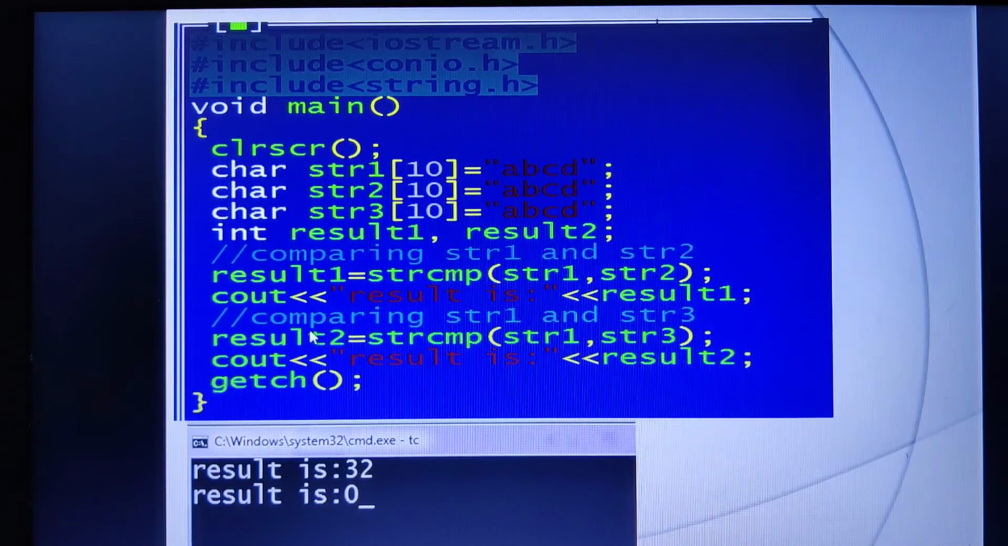Similarly, I am comparing string 1 with string 3. So string compare string 1 comma string 3, but I am storing it in a different variable known as result 2, and I am printing it. But observe, when I am comparing string 1 with string 2, how does the comparison happen? A is lowercase, and this A is also lowercase. So, what is the